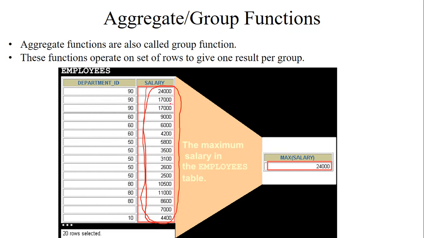Say you want to perform a maximum operation, meaning you want to identify the maximum salary of an employee. In this column you can see different values. Which is the maximum value that you want to retrieve from this column? You can apply the max function directly. This function operates on the whole column with multiple rows, and the maximum value will be retrieved by the max function.